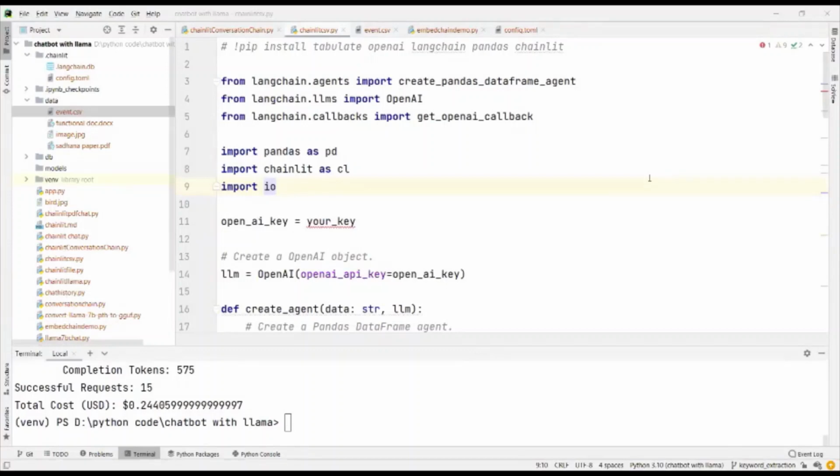In this video, we will see how to upload a CSV through a chatbot and ask questions on the CSV using OpenAI and LangChain. Since we're using LangChain, we install LangChain. The LLM we are going to use is OpenAI, and we are going to create a chatbot using Chainlit. And we need pandas because we are going to convert the CSV into a data frame, and we also require